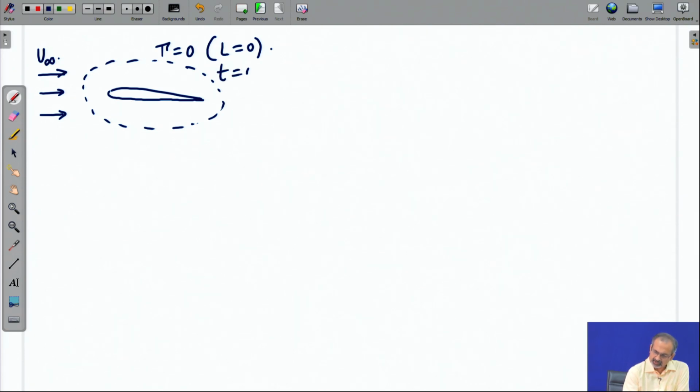Let us say the time is t equal to 0, and then at time t greater than 0, the flow reached the airfoil, and then the airfoil started generating lift, the pressure distribution